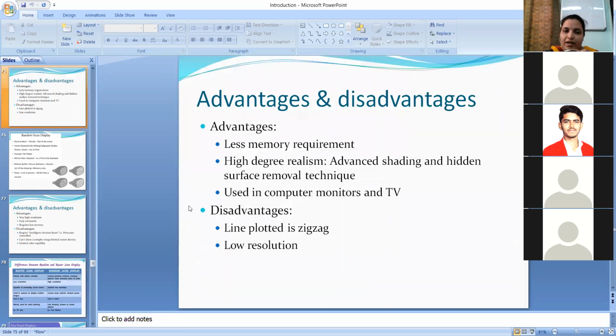Now, what can be the advantages and disadvantages? So first is less memory requirement. Second is high degree realism, that is advanced shading and hidden surface removal technique is used here. It is used in computer monitors and TVs. So these are the positive points, that it requires less memory because the whole picture is getting stored in one frame,